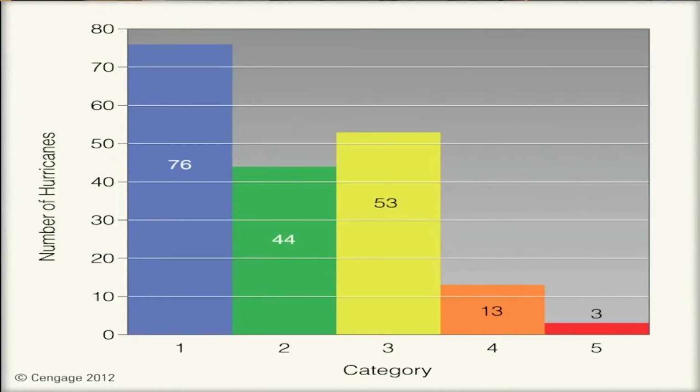Most hurricanes that have come on shore have been Category 3 or less, but there are those handful of storms that cause enough destruction at a 4 or a 5.